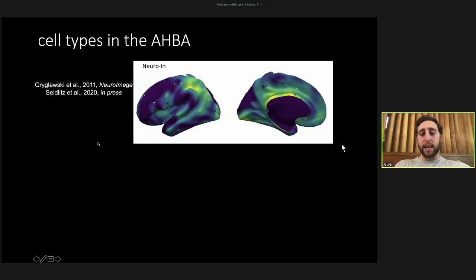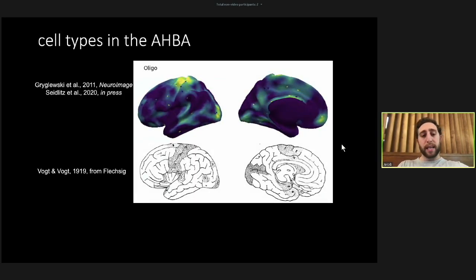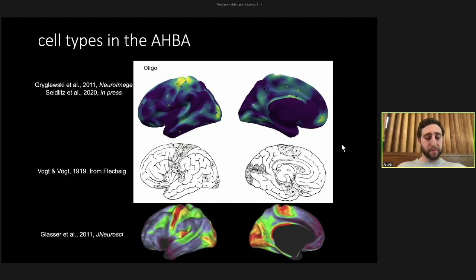And you can see that the different cell classes at this finer grain level show really different patterns, which were a bit tough to see at the parcel level. And so, for example, this oligodendrocyte signature looks quite similar to a myeloarchitecture map from Vogt and Flechsig, and the myelin maps, T1/T2 ratio from the